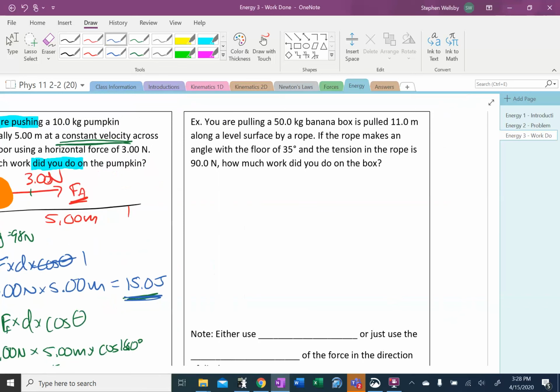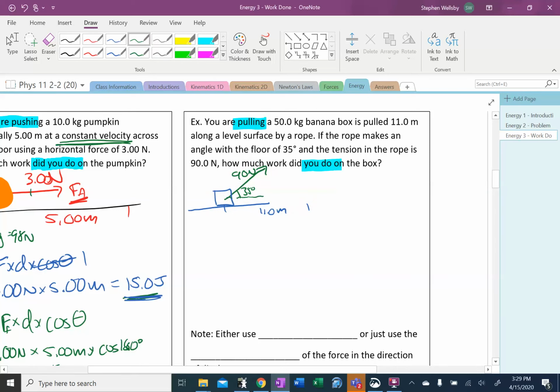I'm going to draw the video, but please pause the video after the drawing is done. And I want you to try and calculate on your own how much work you did to the box. The force that you applied is a pulling force or a tension force. So I'm going to quickly draw this out for us, and I'll get you to try and answer this on your own. So this is the 50 kilogram banana box. It's being pulled 11 meters in this direction. You are applying a force of 90.0 newtons,